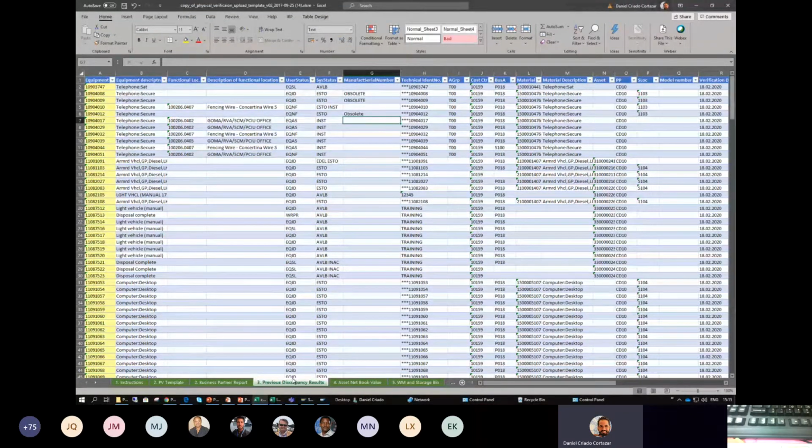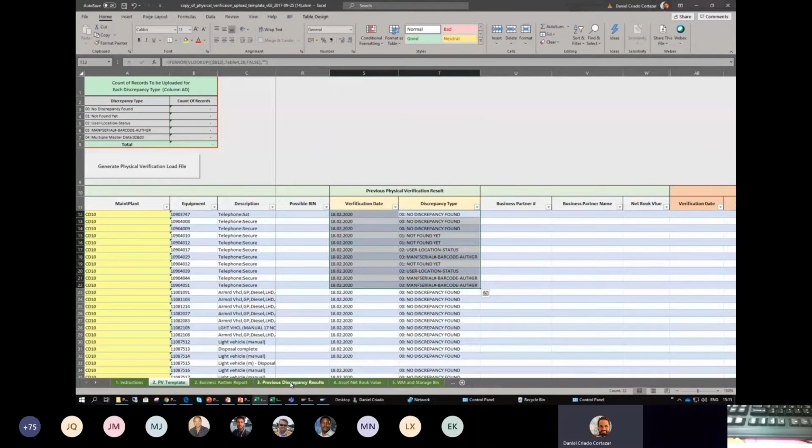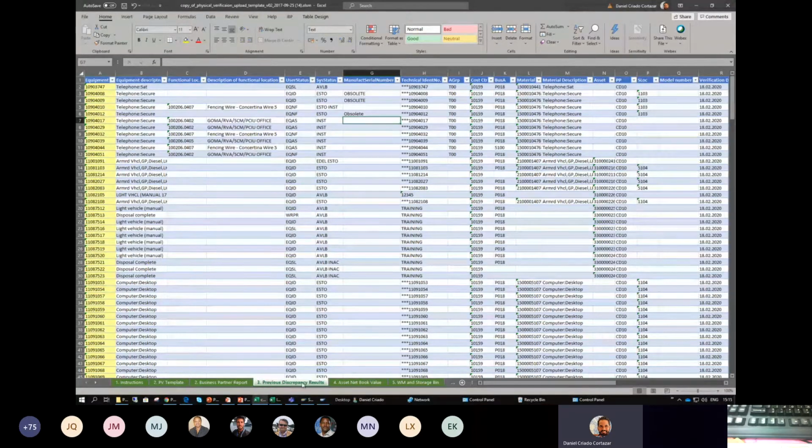So we actually have not gone through the physical verification process per se yet. What we did in IH08 is extract the list of equipment and extract the same list of equipment with the last discrepancy results. So I'm going to go back in the same template to the previous sheet, PV template, and you see that automatically the previous physical verification result is already populated